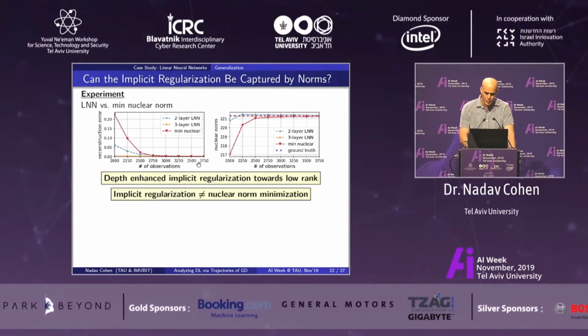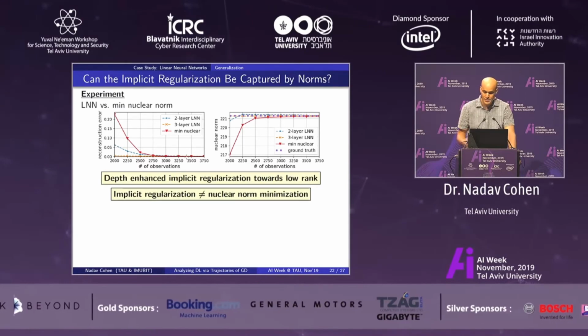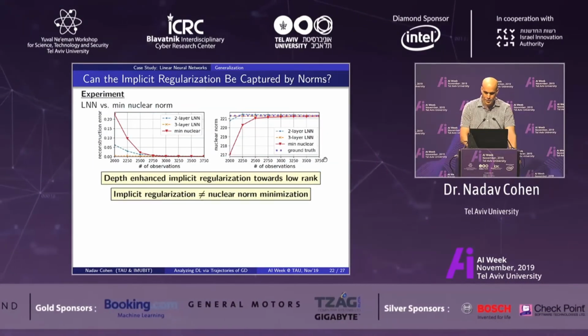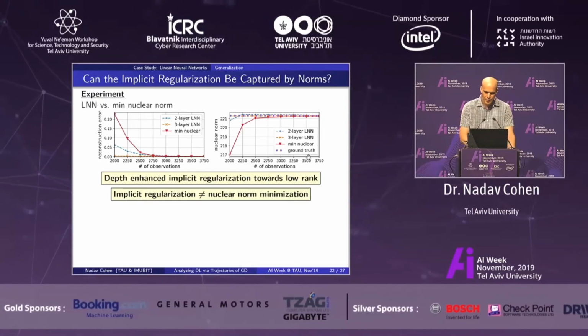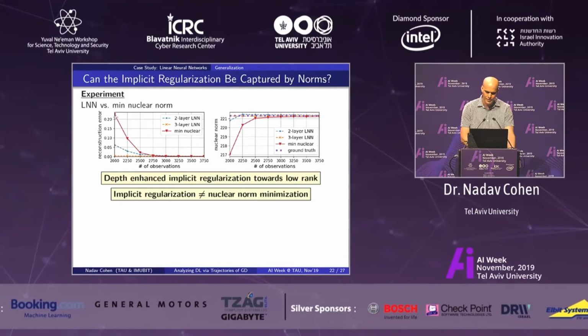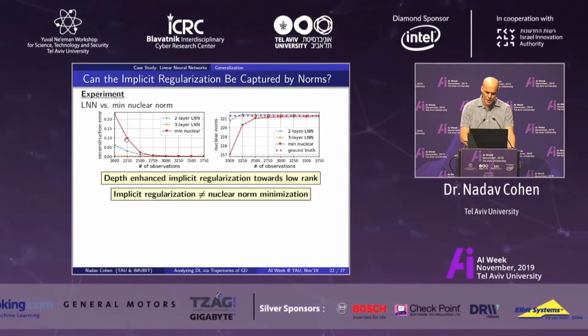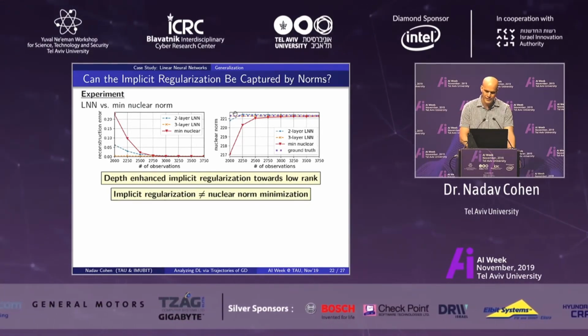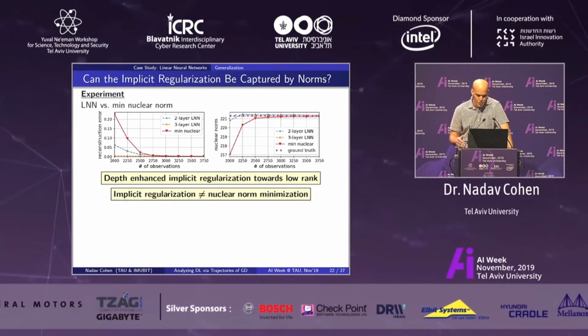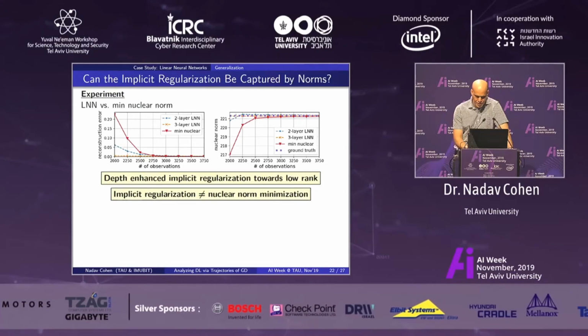You can see that when you have a lot of observations, then nuclear norm minimization gives you perfect recovery, and so do linear nets. So obviously everything coincides. But when you have a small number of observations, then minimal nuclear norm doesn't do a good job recovering. And the linear nets do a much better job, and they are willing to sacrifice having higher nuclear norm. So at least in this setting and in others we tried, it doesn't look like nuclear norm minimization is what's